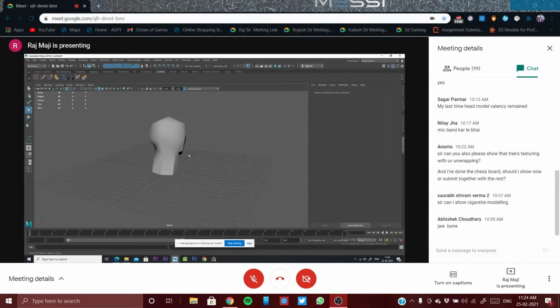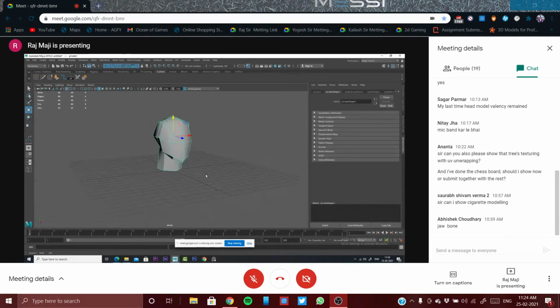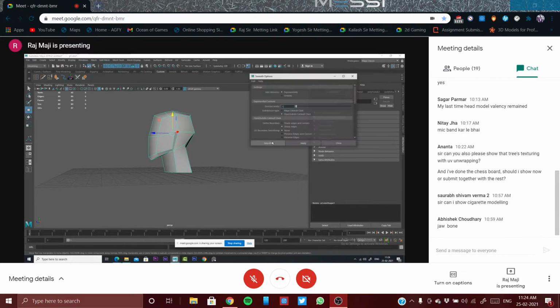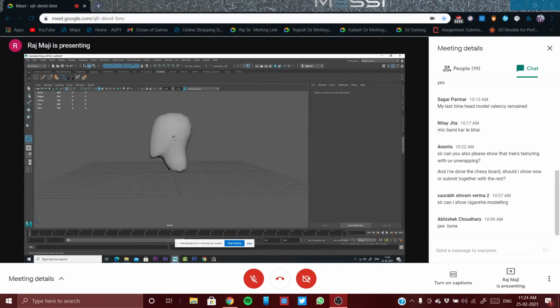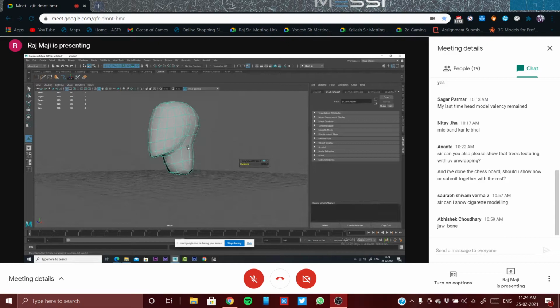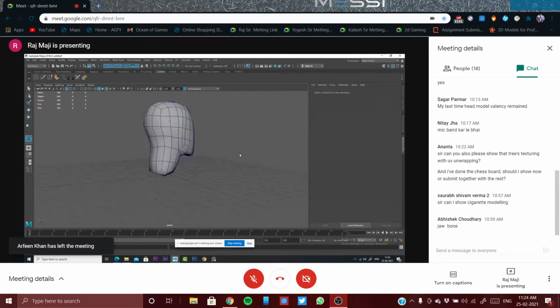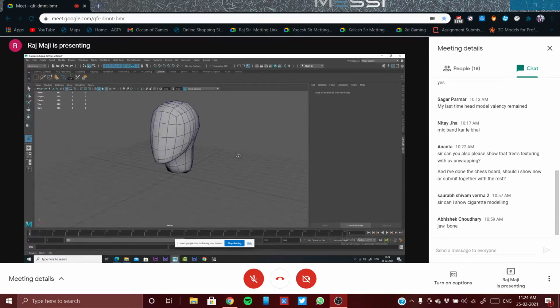So this will become the head. So from here on also I can start. So very quickly you can start your head. It will be done. Okay, and I can just smooth it once more and start creating the features. It's done for us. All the topology is correct in this so far. Understood?